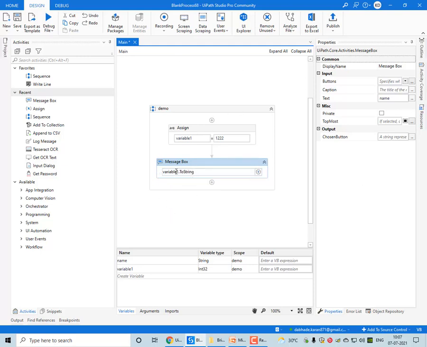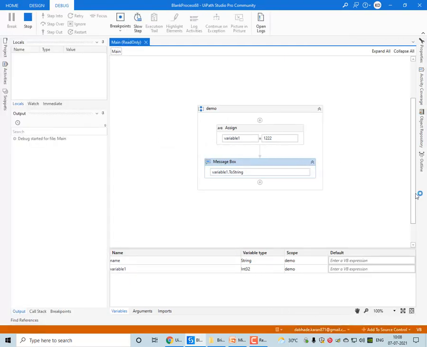Why am I doing this toString? Because the message box supports string, so I need to convert this integer value to display it in the message box. So that's why variable dot toString. Let me run this and show you. This way an integer can also be displayed in the message box by converting it into string.